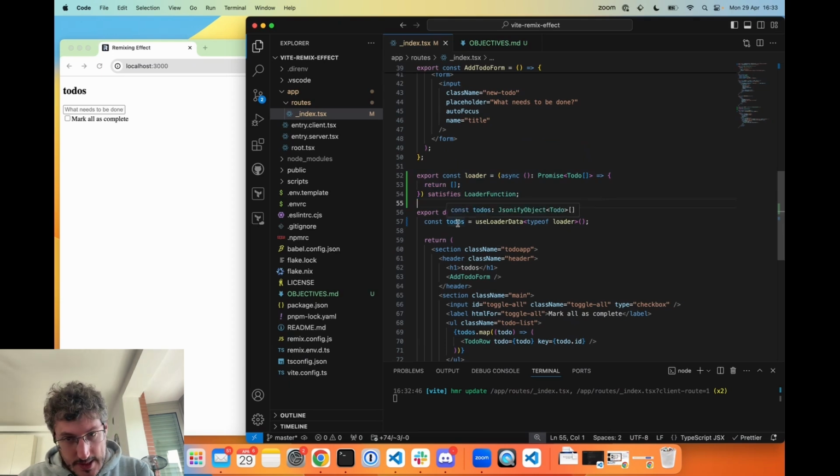What happens here is that this JsonifyObject maps the type into the equivalent of doing a JSON.stringify and JSON.parse on it. So, for example, a Date object would be translated into a string. Of course, we'll try to use Effect Schema and just pass down the encoded version of the data,